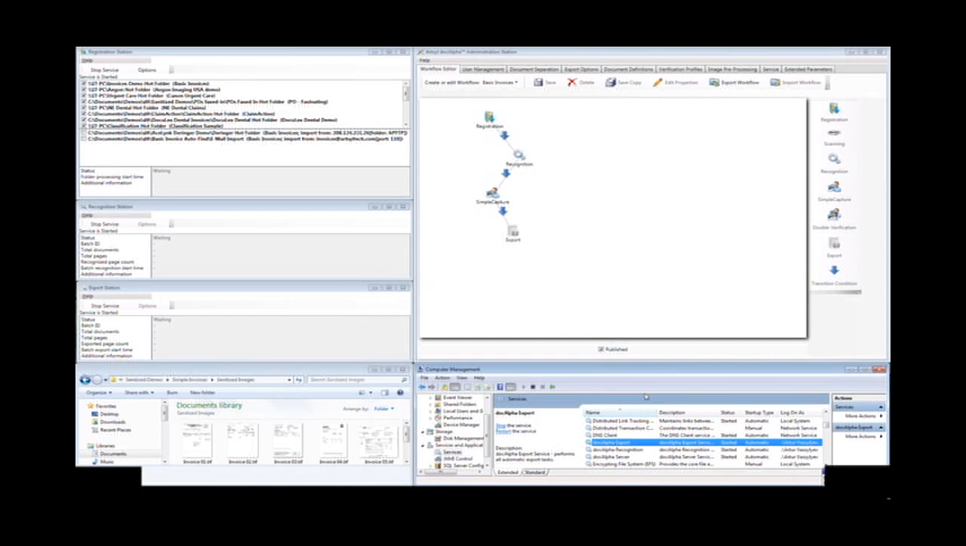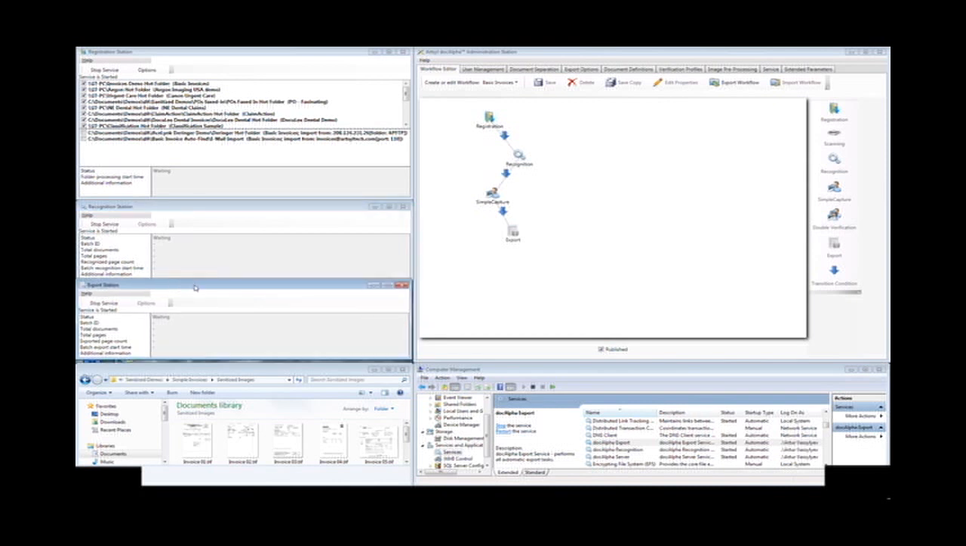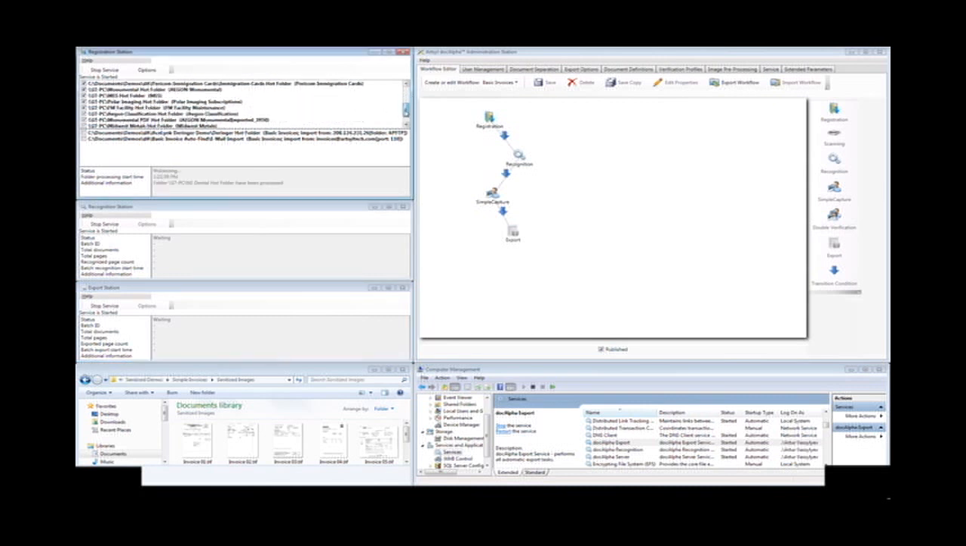To be able to see what those back-end services are doing, I can connect to any of them and see the real-time reporting from them. Here is one from registration, one from recognition, one from export. It shows me what the server is busy with at any given moment, so I can visualize the processing on the server end. For example, the registration station is watching more than 2,000 different folders, some local, some network folders,